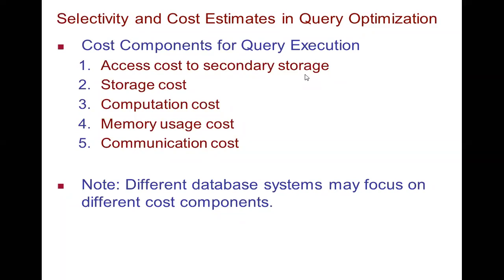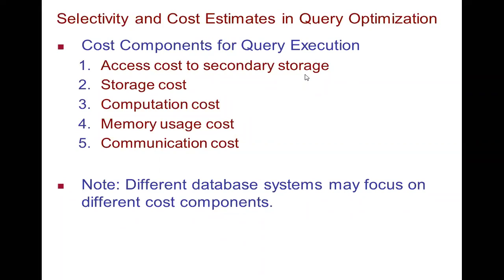And then the third one is computation cost. We'll discuss it elaborately in the next few slides. The computation cost is related to the CPU, that is how the CPU is utilized to process your queries. Memory usage is related to your RAM usage, that is your primary or main memory usage. And then communication cost arises when you save your data in remote places. Suppose you are using centralized databases or any other database which is remotely used, there you need communication, that is, you need a network, right?